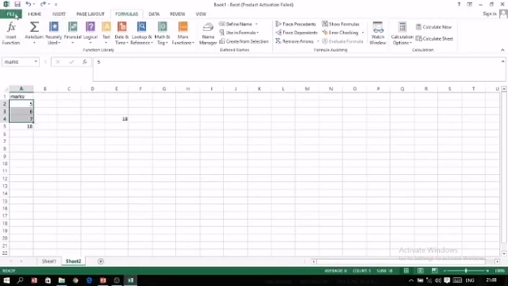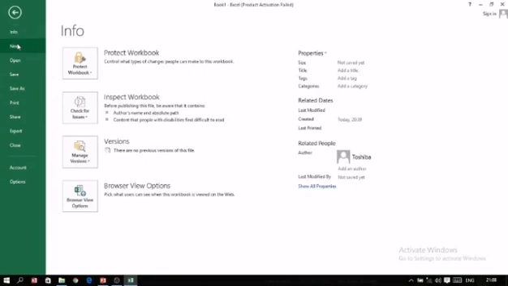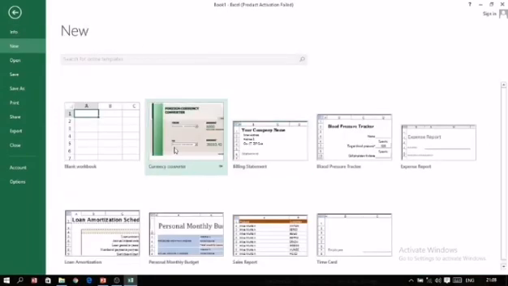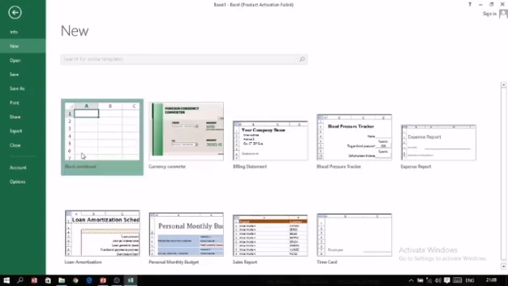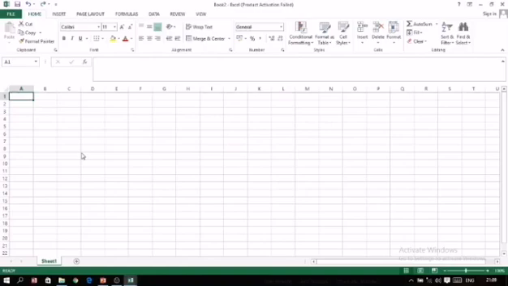So click at the file menu, then select the option new. As we click on new, many options appear on the screen. There's an option for blank workbook. If you want a blank workbook, then click over here, and automatically a blank workbook will display on the screen. So here now you can see the title of this is book 2.